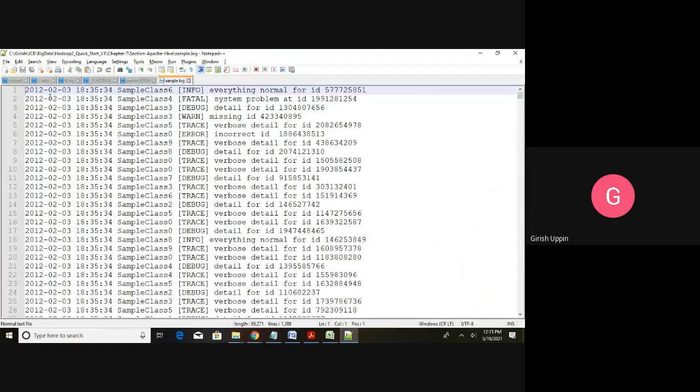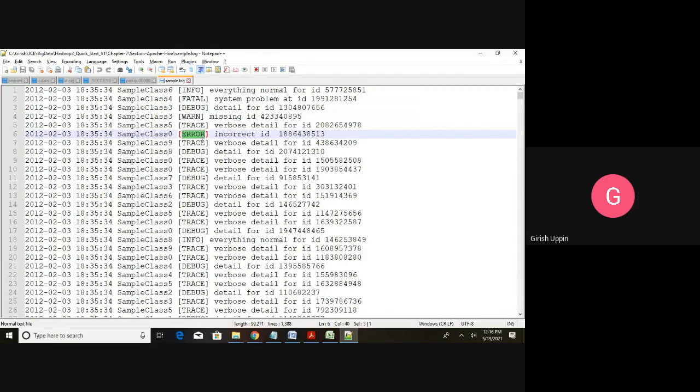For example, you can see here there is a timestamp. Maybe this is the name of the object which is entering the information into the log, and this is the level of the information that has been logged. Normally we will have this as info, which means this is just for information. Fatal means there is something wrong. This fatal or error should be taken care of. And we have debug, warn, trace, and error. So error and fatal are the things we should be concerned about.